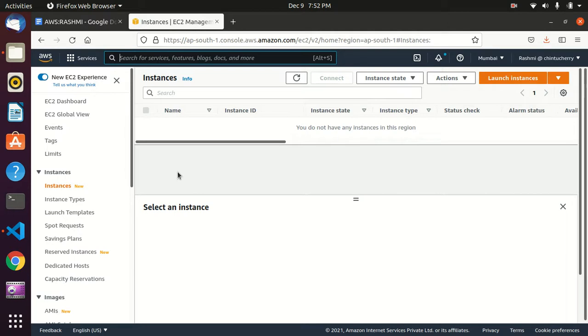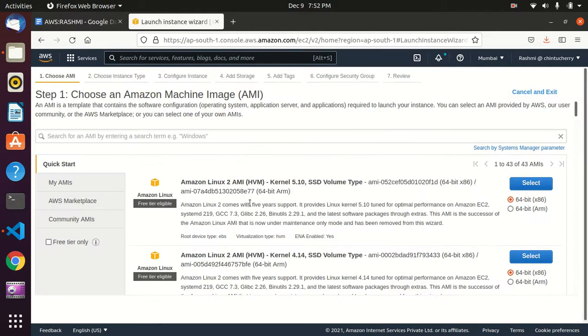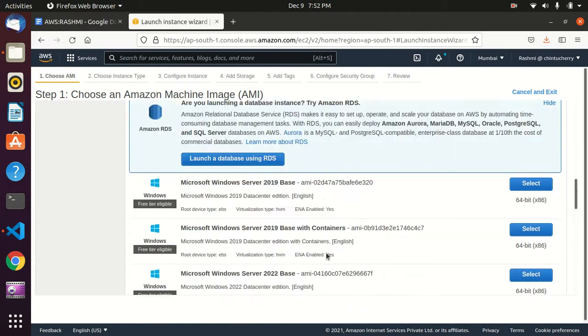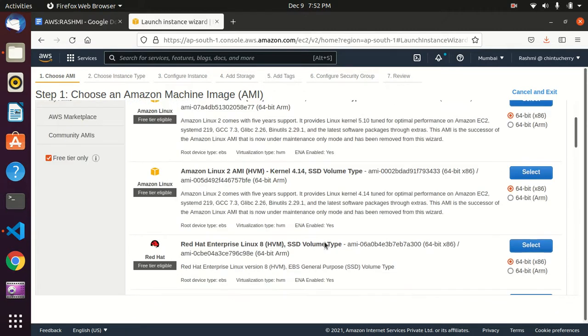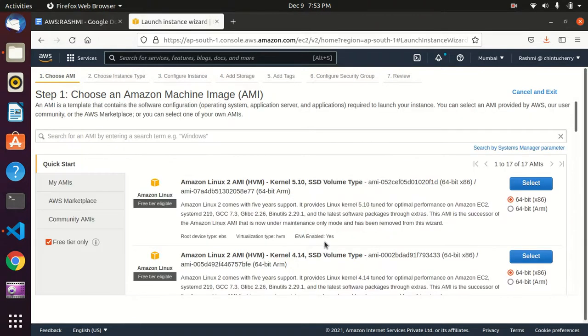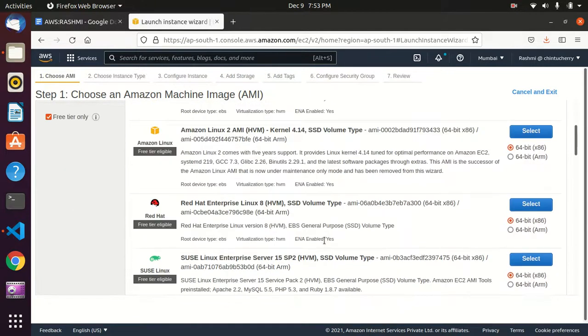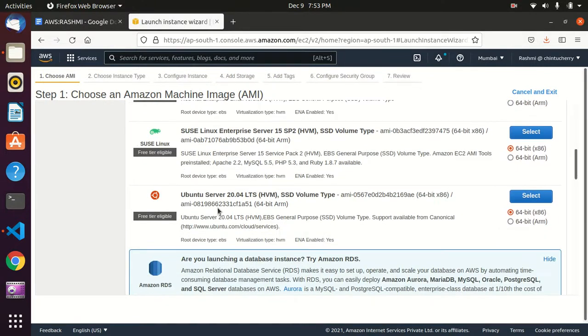This is our UI. First we logged in using our user ID, and after that, here in instances, you can create instances by using launch instance. Here we can select the free tier, and only free tier will be available. From this you can select our Amazon Machine Image. Here I want to select Ubuntu, so Ubuntu 20.04.